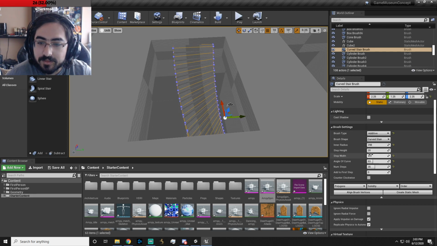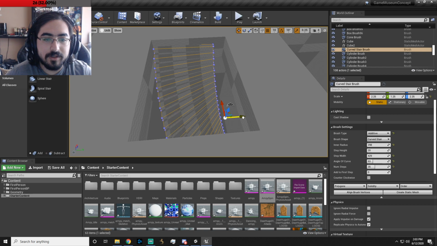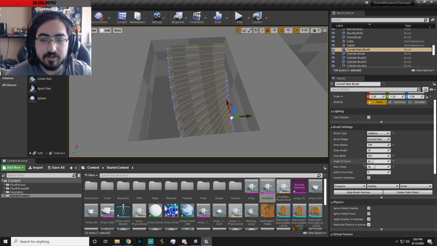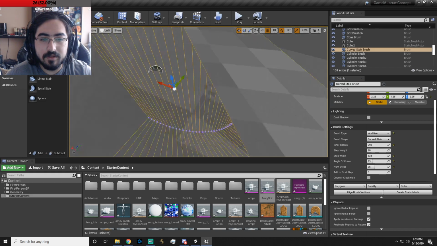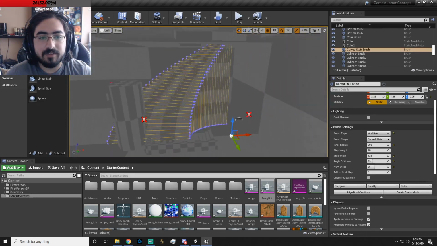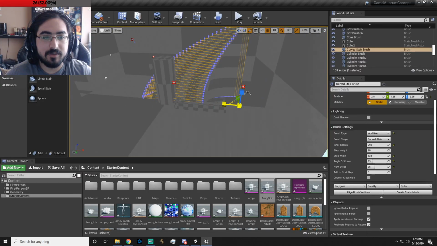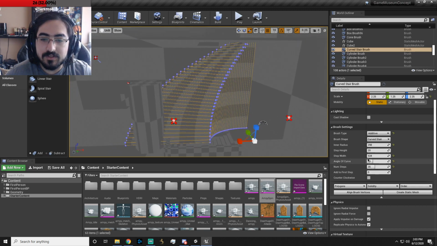Increase the stair width manually here. Okay, now we have a different problem, which is I now need this to go that way, but without getting much bigger. So